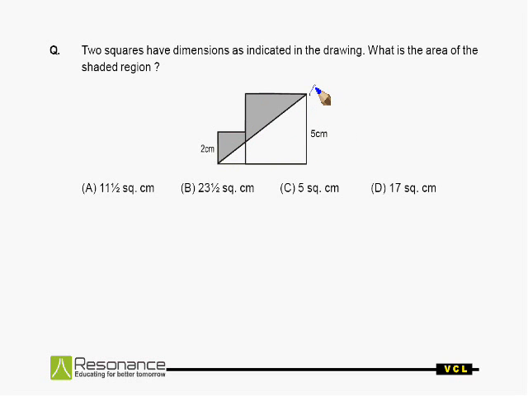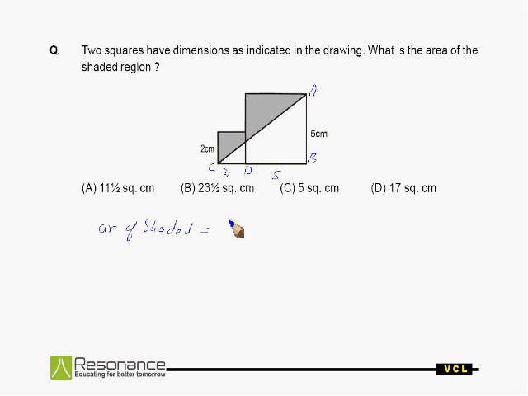We can find the area of this shaded portion by subtracting the area of this triangle from the area of the two squares of side 2 centimeter and 5 centimeter. Let the points be A, B and C, and this point is D. As it is a square, the side BD is also 5 units. As this is also a square, the side CD should be 2. Now the area of the shaded portion can be obtained by subtracting the area of triangle ABC